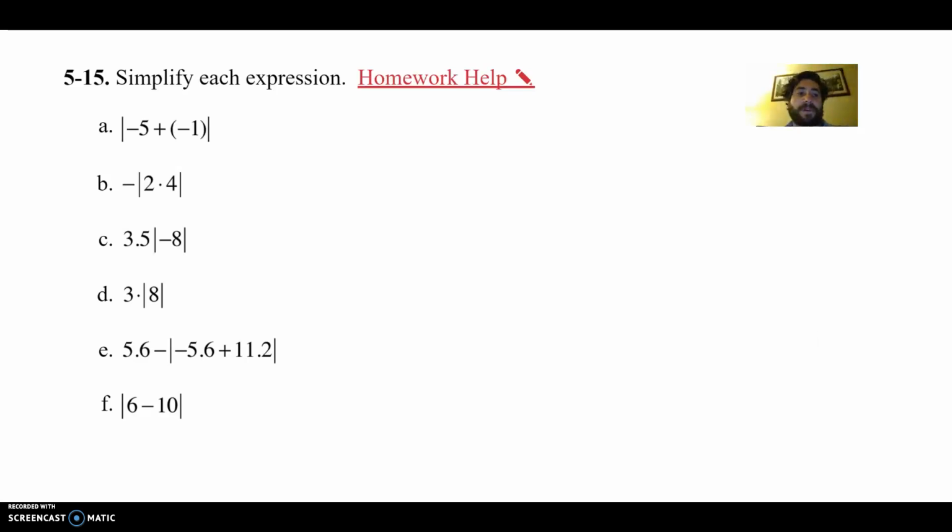Hi again. So this problem was also pretty requested, so let me do this one too. This was about simplifying each expression and how to do with absolute value expressions, which we haven't done a whole